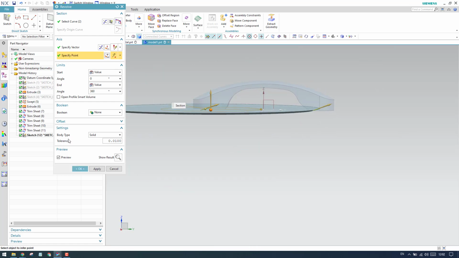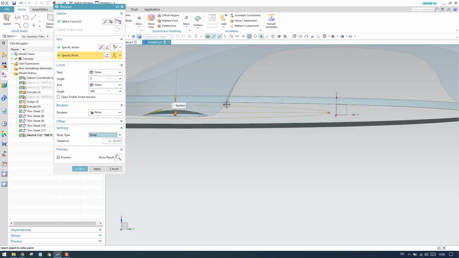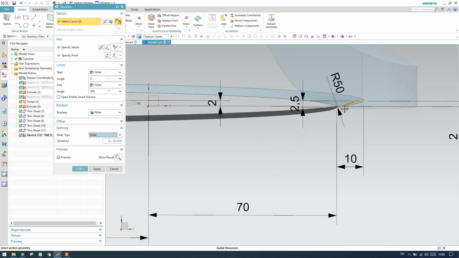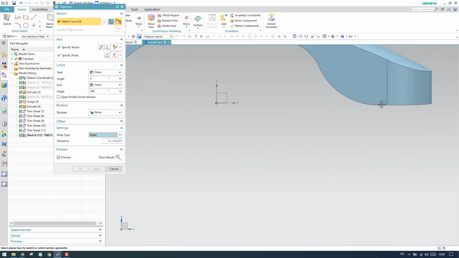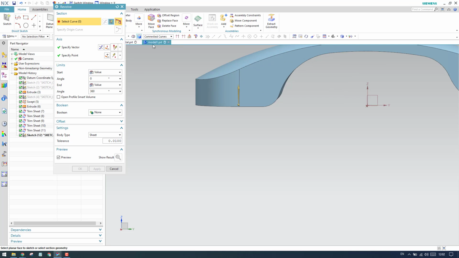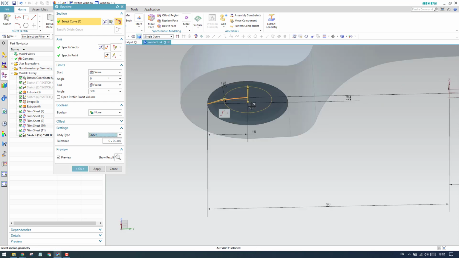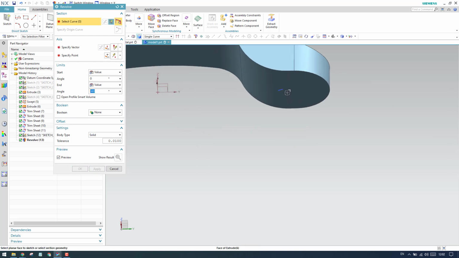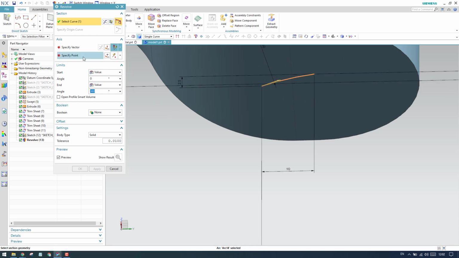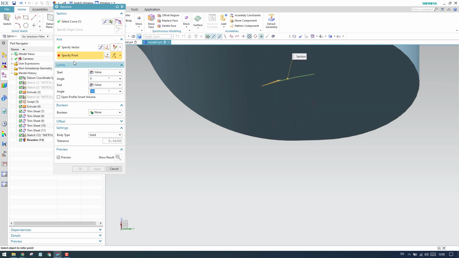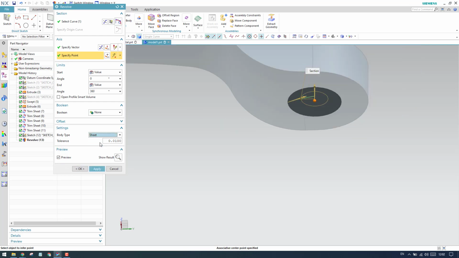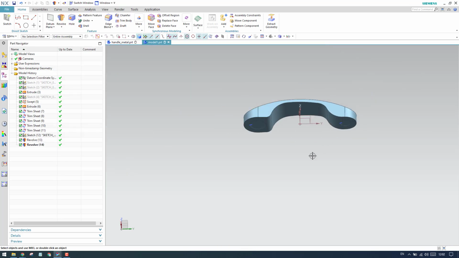As soon as you click center, as you can see here, let us use this as a sheet, and it has selected both the arcs, but both arcs are not required, only one arc is enough. So let me select a single arc and select this arc. Okay, hit apply. In the same way I'm going to do it for this as well, and the vector should be on the top and the point will be at this center. Click sheet and then click OK.